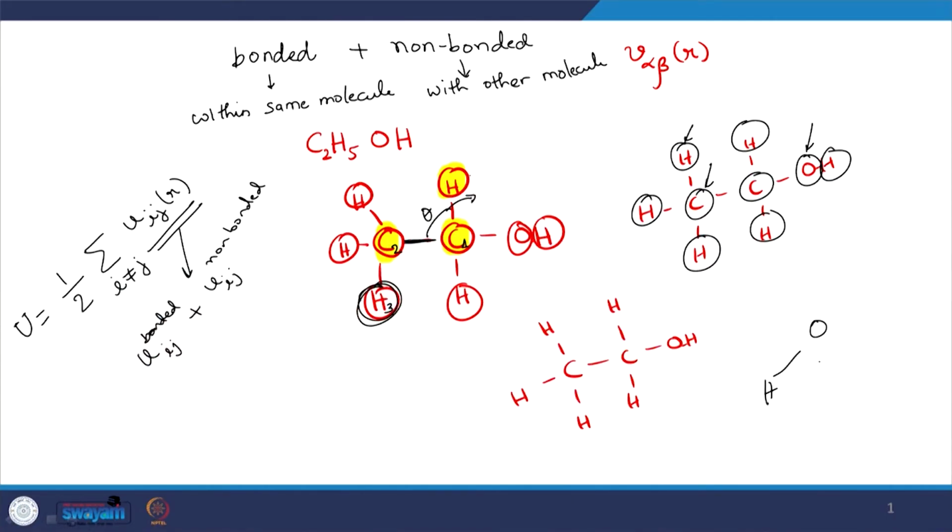Now, clearly, we need to have data for the bond length, the bond angle, and the torsion angles and all these things. They define the geometry of the molecule. But once the geometry is known for us, let us say for example, if I am doing water and I know that the angle HOH of water is like 109.5 degrees and I want to simulate a water molecule in our